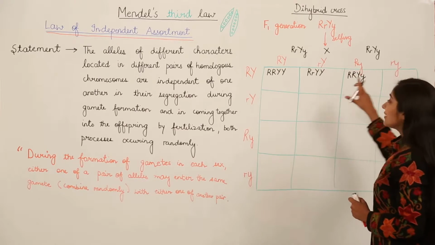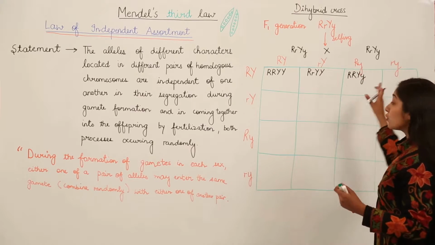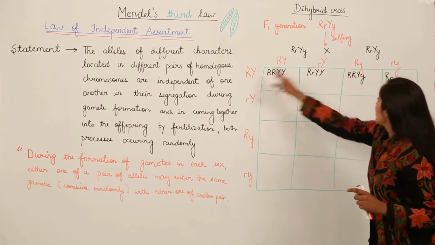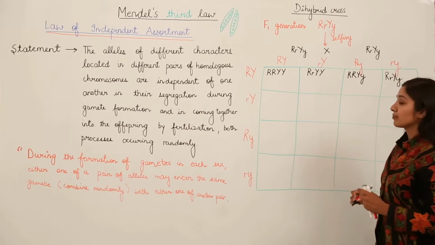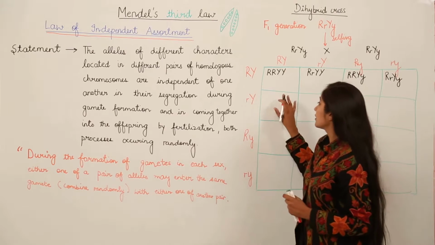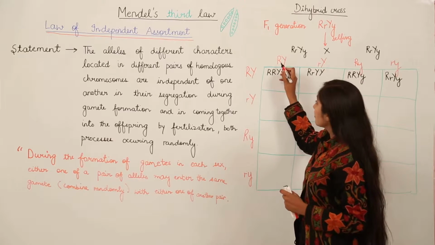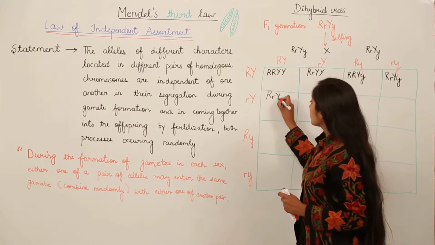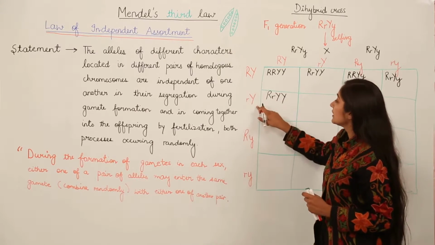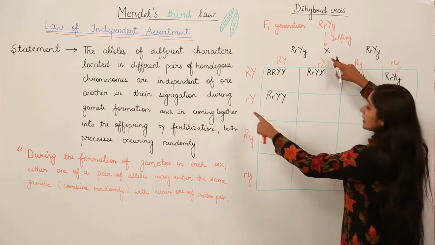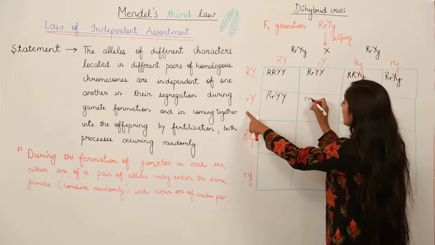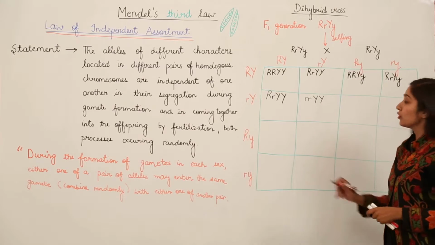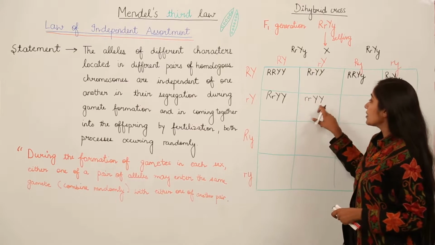So next, what is the combination? You can now make it out yourself. Yes, you're right. It's capital R, small r, and capital Y, small y. Right. Next, we'll move to the next square, this 5th square. Here we have 1 capital R and 1 small r, so capital R, small r, capital Y, capital Y. We are going to discuss this with this now. So what we can see here is both the R are small and we have both the Y as capital. So remember, now we have 2 small r and 2 capital Y.